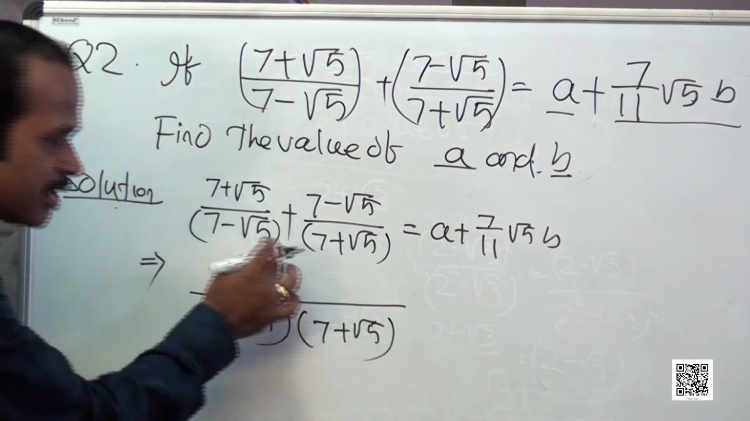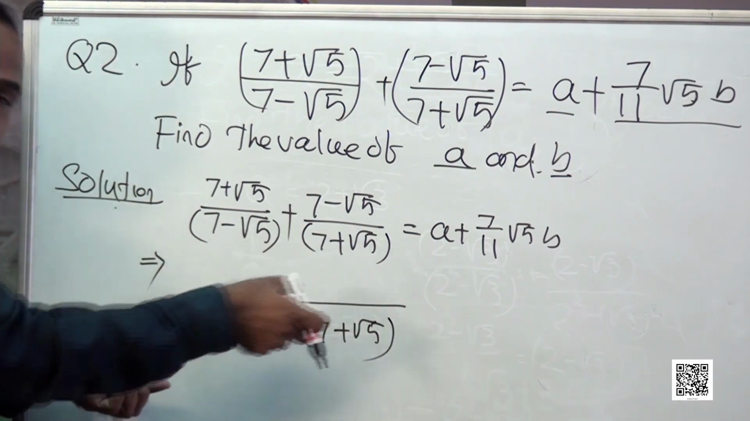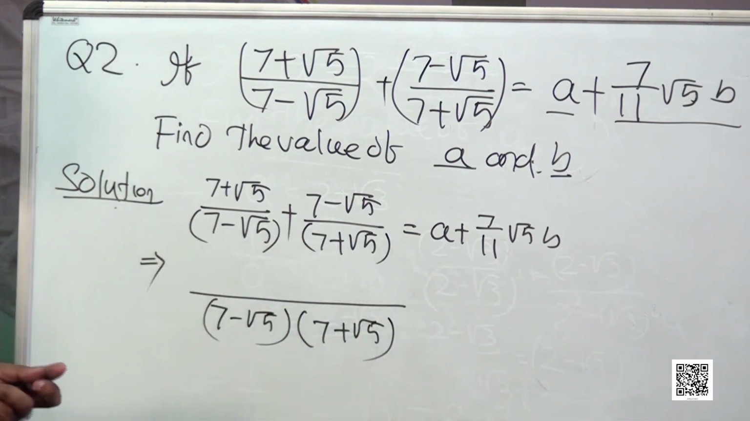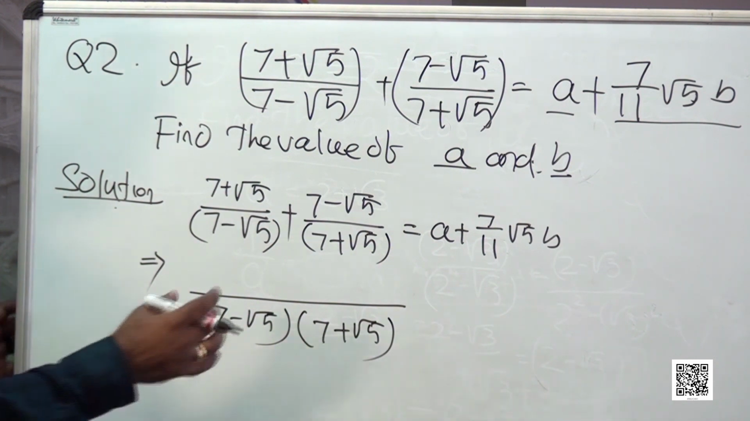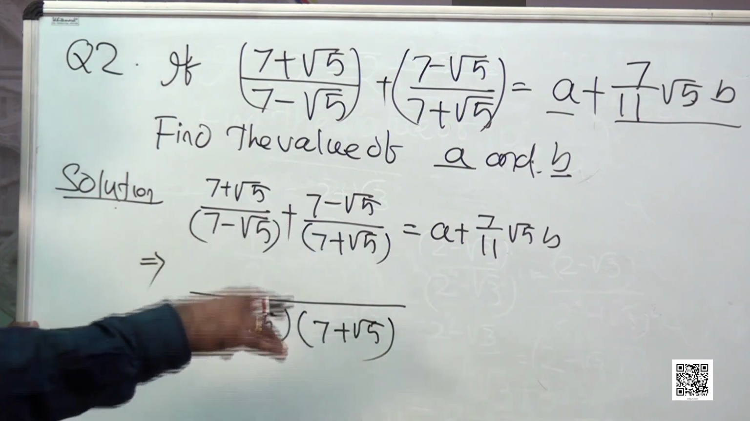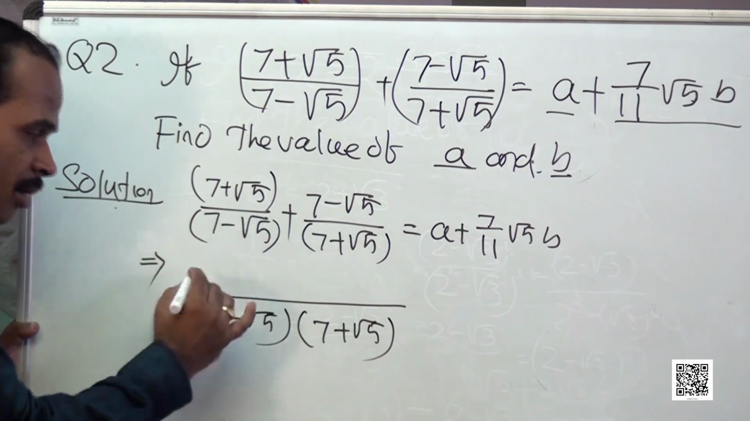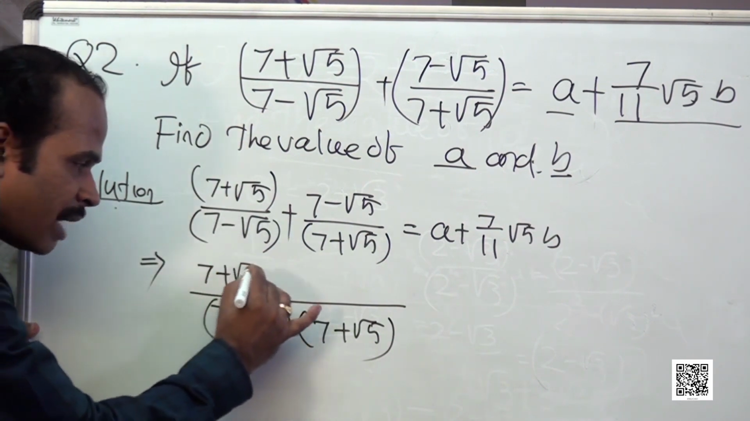So what happens in such a case? I will take the LCM as 7 minus root 5 and 7 plus root 5. So both of them are multiplied and the denominator conversely becomes rational. But when this LCM we divide with 7 minus root 5, I find it is 7 plus root 5, and it is multiplied with the numerator of the first term, I find 7 plus root 5 whole